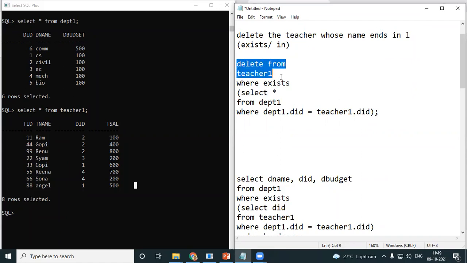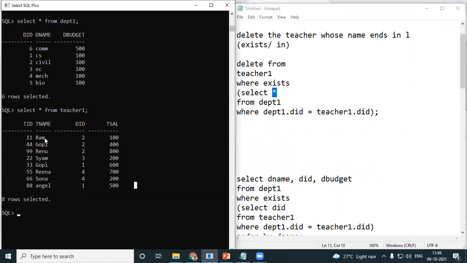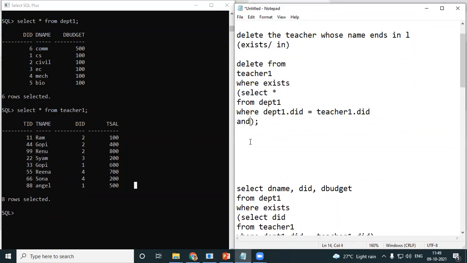The multiple rows will be deleted from here. You're writing DEPT1 inside, no? So it is not two Rams, two Shyams and all that. DID is perfectly fine. Anyway, let's see. And you have to give the condition ends in L, right? What is my condition? And name, T name, like what ends in L means percentage L. Let's see whether Angel goes away.